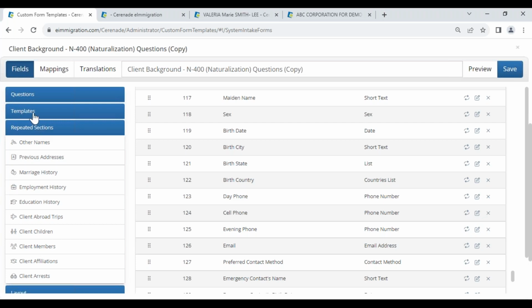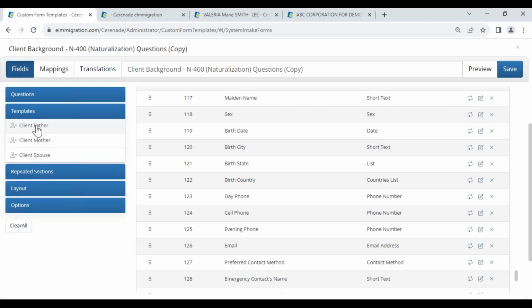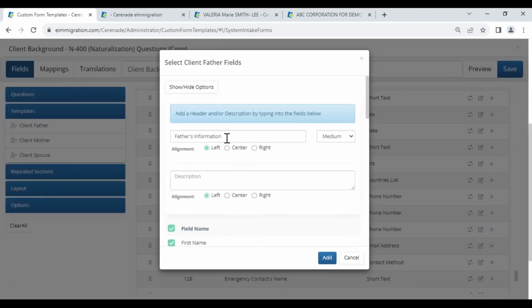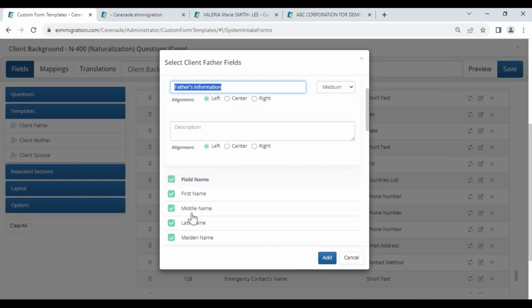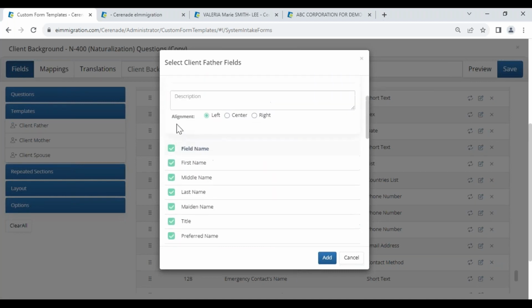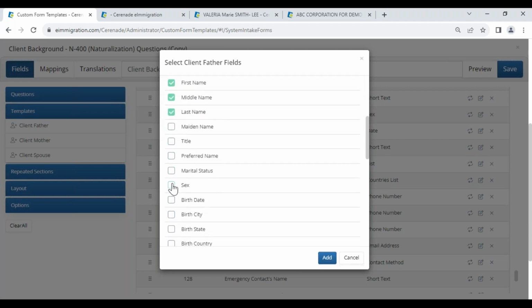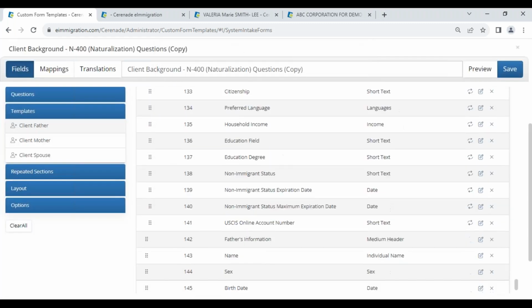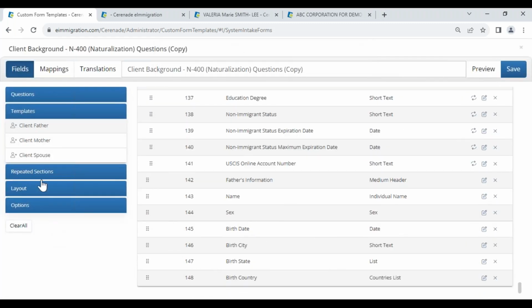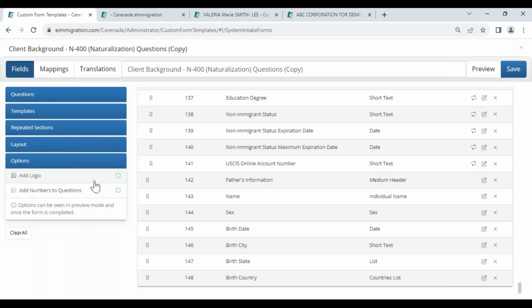Or even, for example, like templates, like I'm going to ask them for their father's information. But again, I don't want to ask for every single thing. I just care for their parents' first and last name and their date of birth, where they were born. And that's pretty much it. Anyway, so keep it as simple as possible. You can even add options like your logo or number